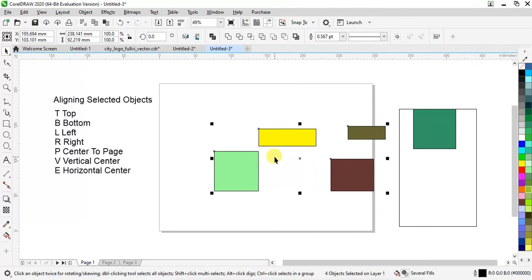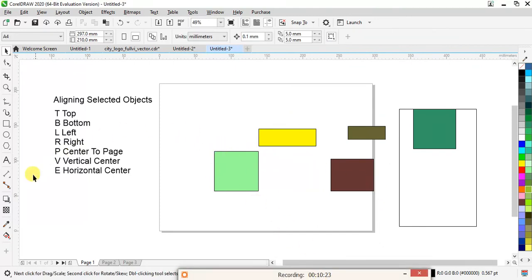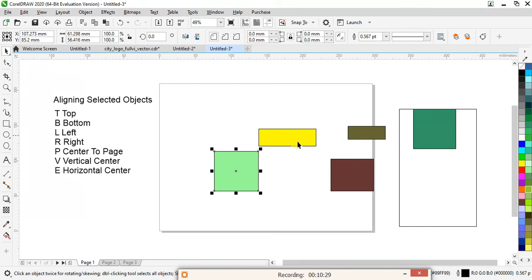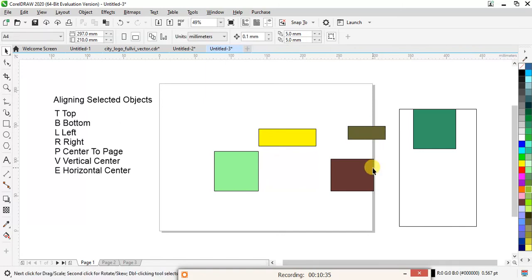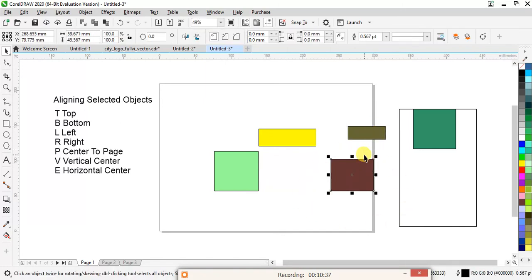I want these 4 rectangles to be aligned together in a line. So what I will do is click on any one of the rectangles. I will select all the 4 rectangles with shift, clicking on this, then this, then this, and then this. Now remember that your last selected object will be your base object.